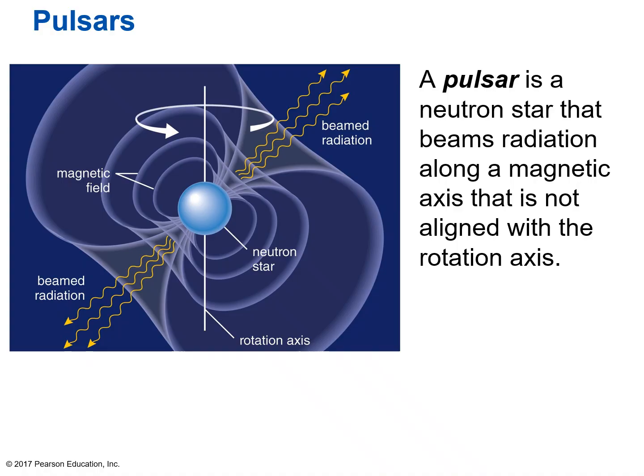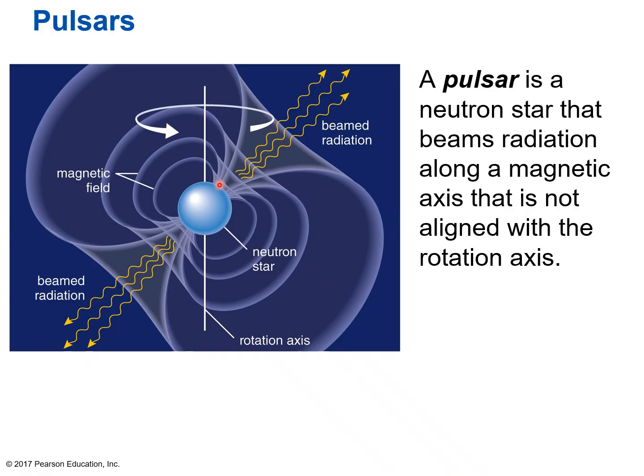So here's what's going on with a pulsar. A pulsar is a neutron star that beams radiation along a magnetic axis that is not aligned with the rotation axis. And so here you've got the neutron star, here's its axis of rotation. It's got a magnetic field similar to the Earth's magnetic field, although trillions of times stronger because of its highly compressed state. And emanating from the magnetic poles is a beam of